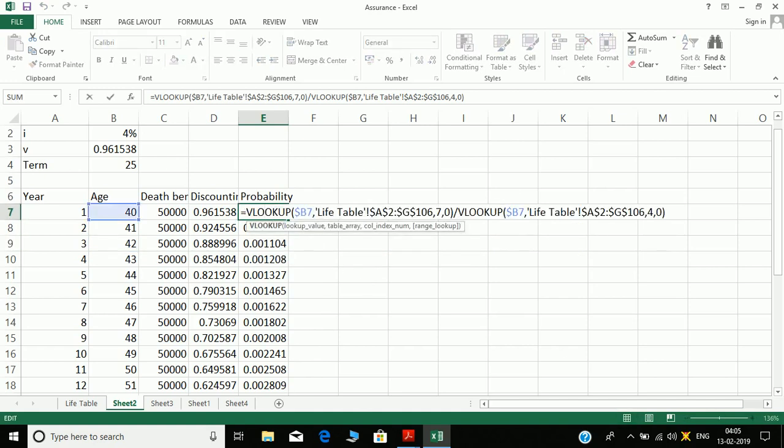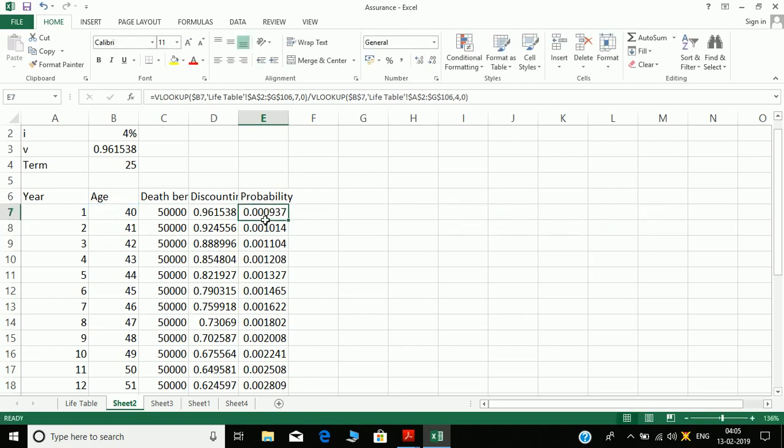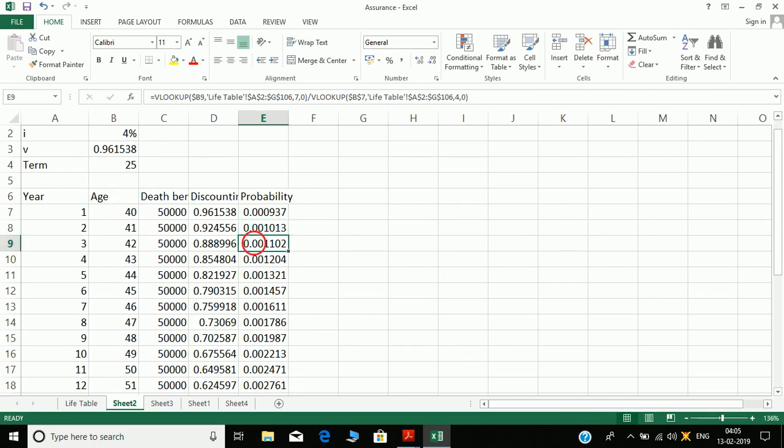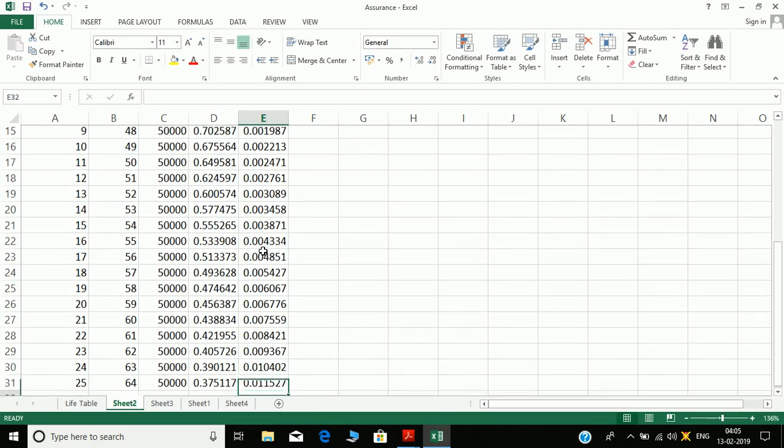So I need to fix my B7 here, and then drag it down. Now see, it is D41 by L40, D42 by L40, and so on till last.